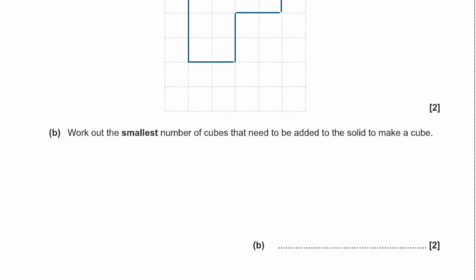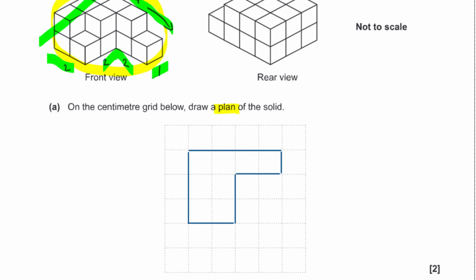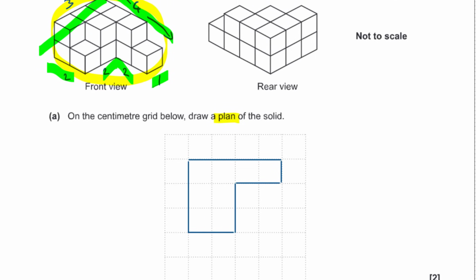Right, work out the smallest number of cubes that will be needed to be added to this solid to make a cube. Okay, well, if it's a cube, all the sides are the same, aren't they? The longest side along here is 4, isn't it? So if you're going to make it into a cube, you would be adding all these cubes along here and then building it up 4 layers as well. So you would have 4 times 4 times 4 cubes all together to make a cube of side 4,